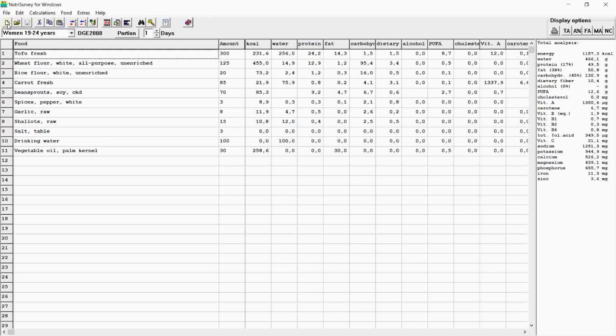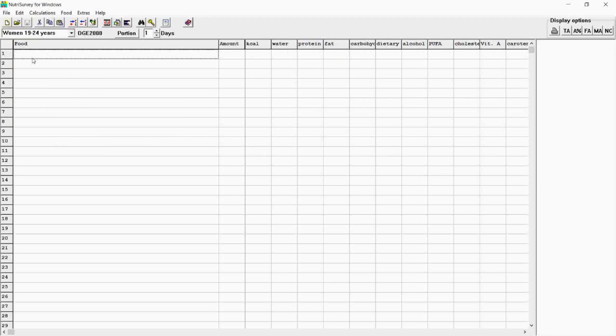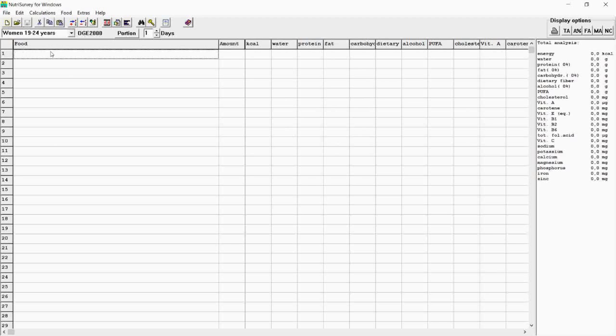So we can select new food record and then try to find tofu. This one, yeah, fried tofu with vegetable is already included in the NutriSurvey as a new food. So for example, our respondent is consuming one piece of fried tofu, estimated at 50 grams.